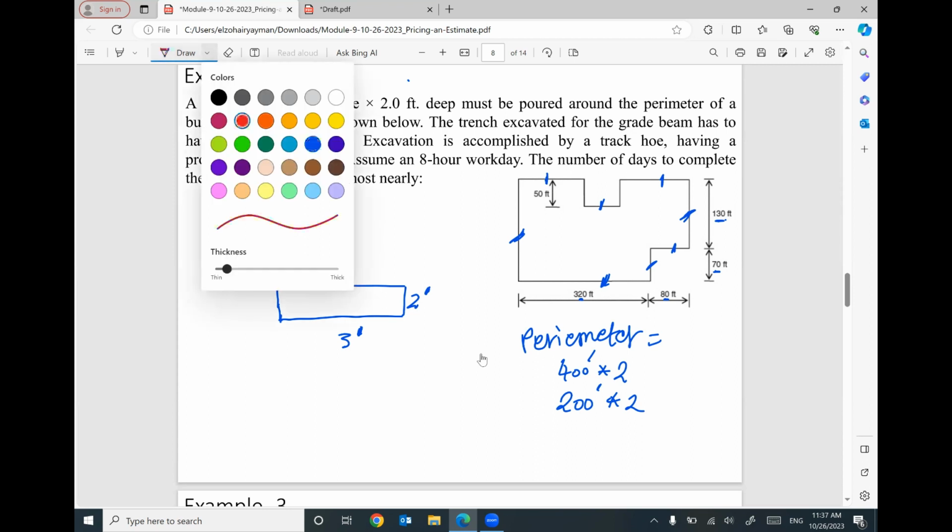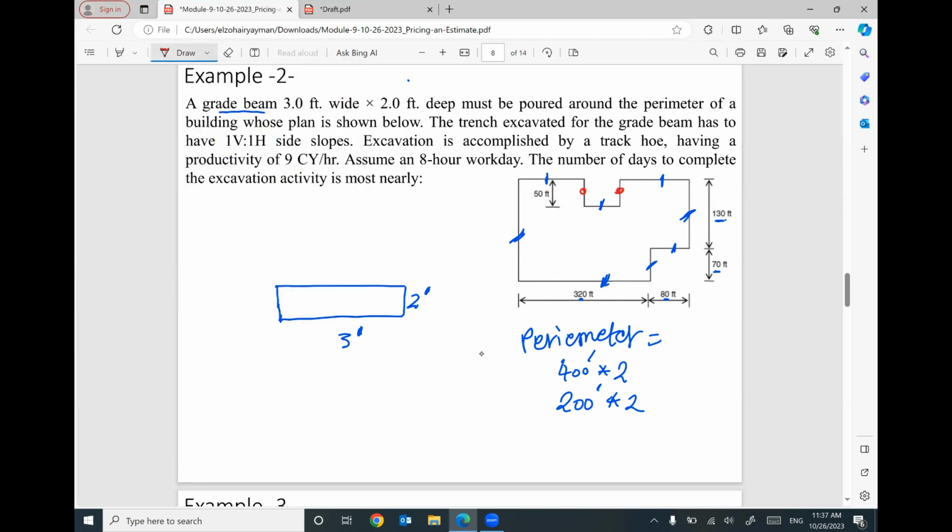Besides, we have this length and this length, 50 times 2. I think I considered every single side of this perimeter. So the total perimeter of this area of land will be 800 plus 400 plus 100